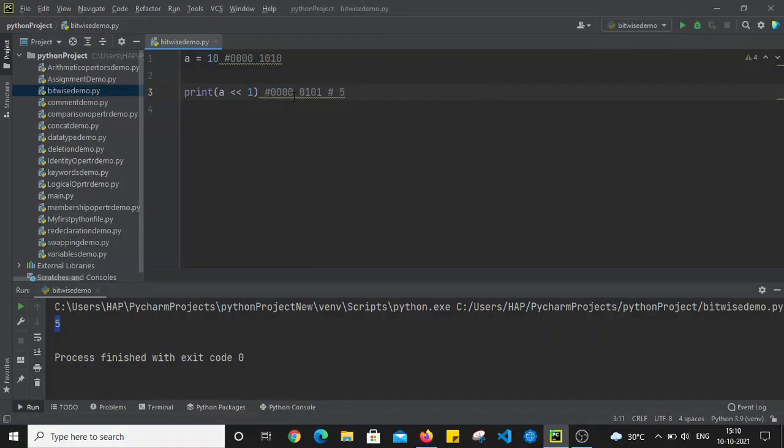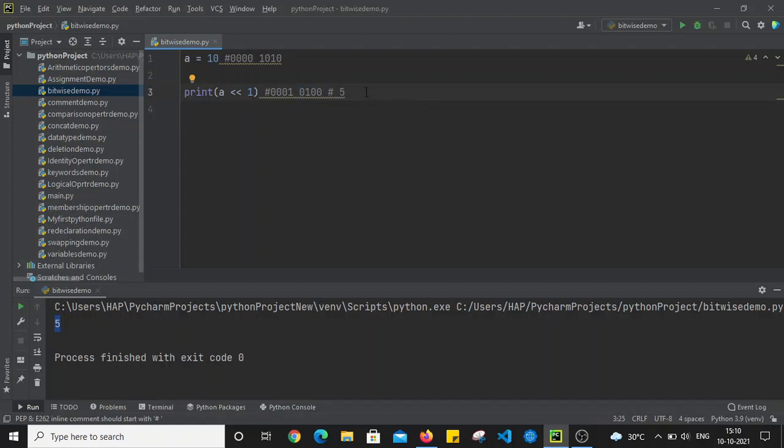So let's say this bit will be shifted to this side, right? So this will become 1, correct? So this shifted to the left side by 1 position, and it will become 0 1, and on the right side the value will become 0 1. If you see, this is shifted now, and here one void will be created, that will be replaced by 0 again. So the new value will become 0 1 0 0.